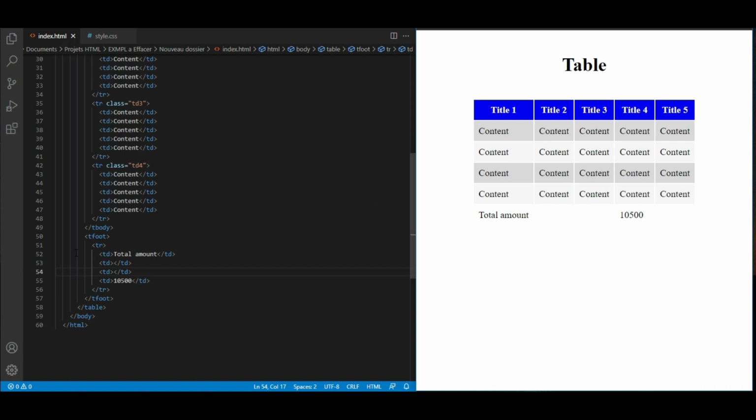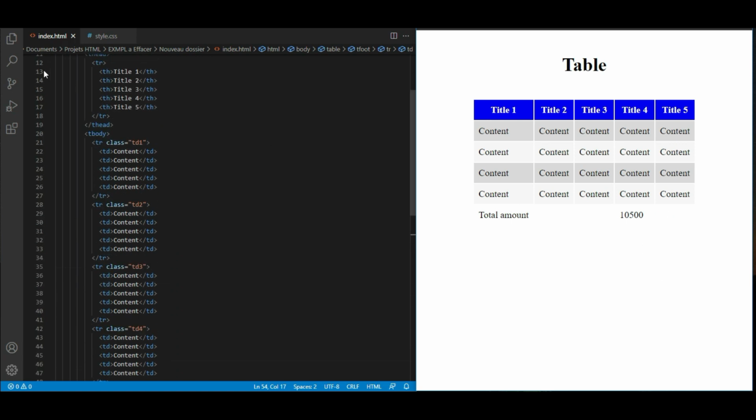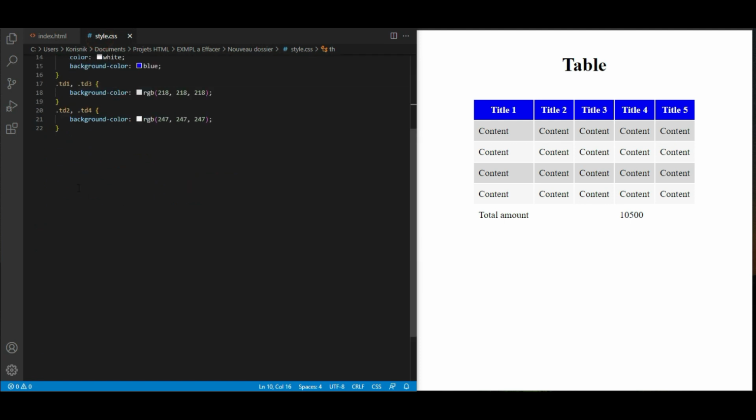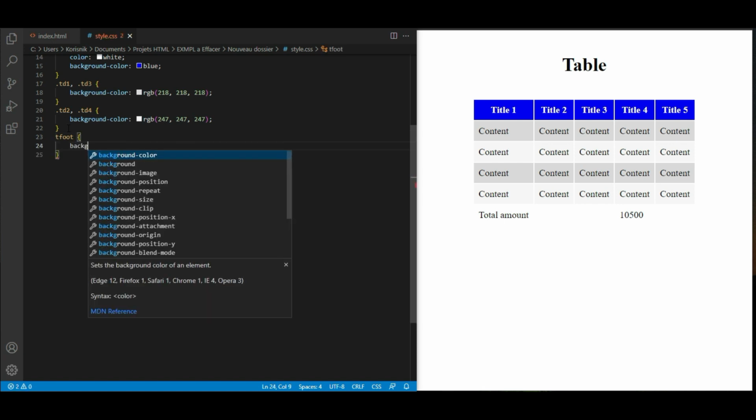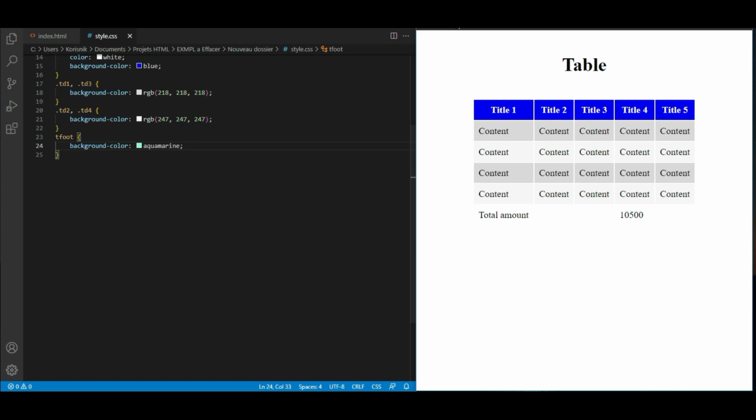But if we add for this tfoot, let's say background, you will see the difference. Okay, so here we are going to target tfoot, right? And then background color, let's say here for example aquamarine, as a background, something like this. You see here, my friend, so here it's not